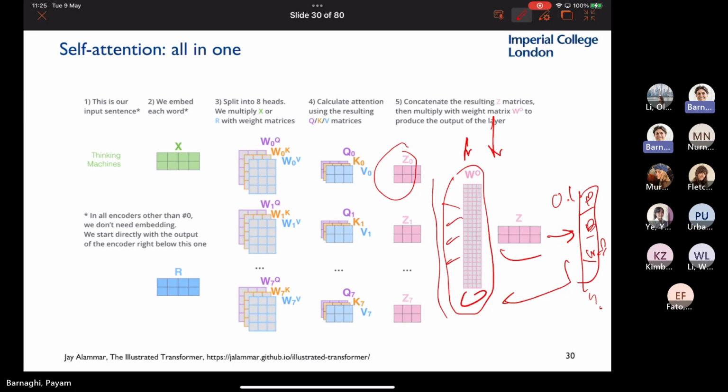But for now, what you do is create, let's say, 8 heads, and you don't know which head is actually working better. You're assuming that because they all start at random and you're training with backpropagation, some of them might work better than the others. Then you put them on top of each other and create a new vector. The easiest way in deep neural networks to see whether something contributes better or not is to feed them to another fully connected network and let the network decide which features contribute more. In reality, once you have trained it, this fully connected network, which is this part I'm showing in red, will decide that some of the Zs might get very small weights, meaning you're just switching off those heads. Those heads don't contribute anything.